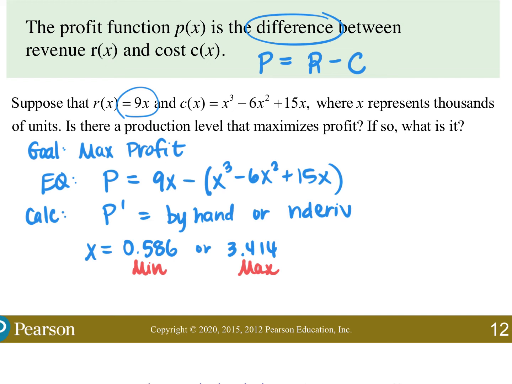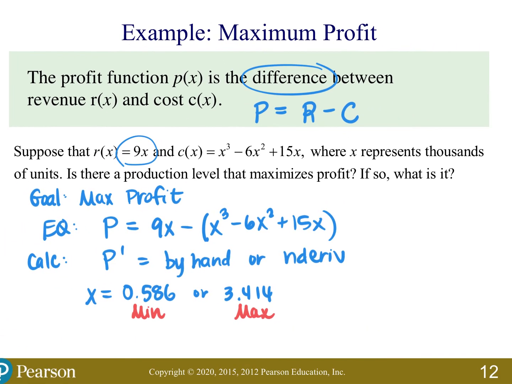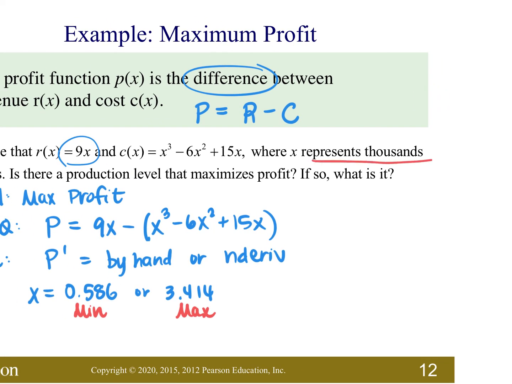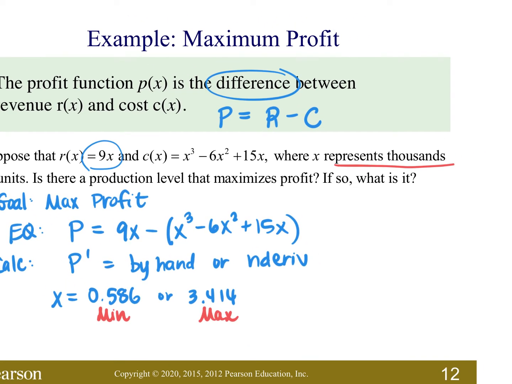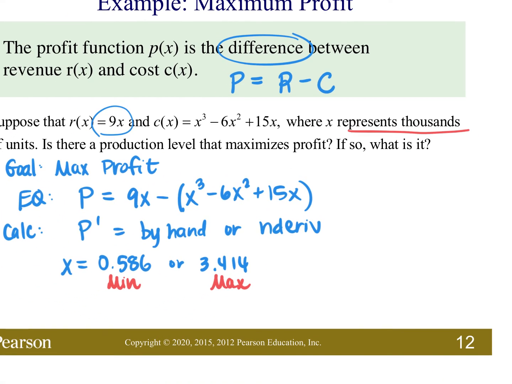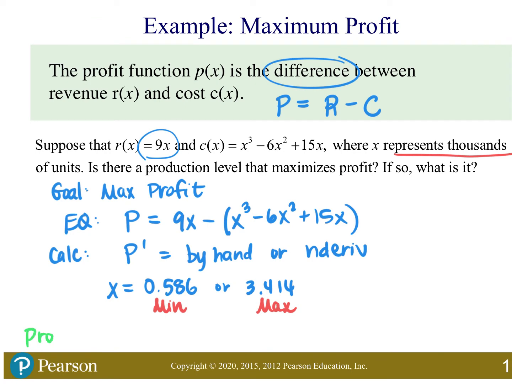When you're giving the answer, should it be like 3.414? Very good. Yes. So when we answer the question now, is there a production level that would maximize the profit? If so, what is it? And yes, the units on here are thousands of units. So the max production level is, multiply that by 1,000, so 3,414 units of whatever this is,